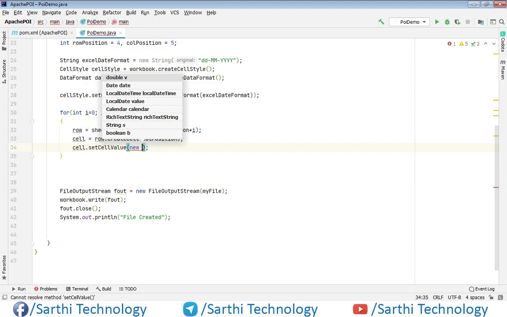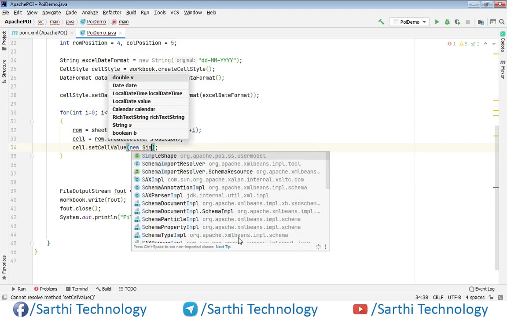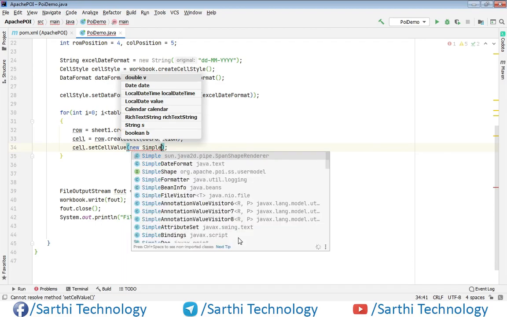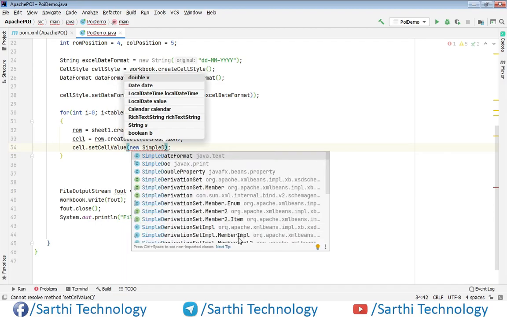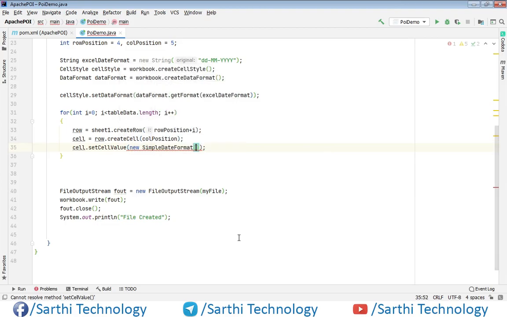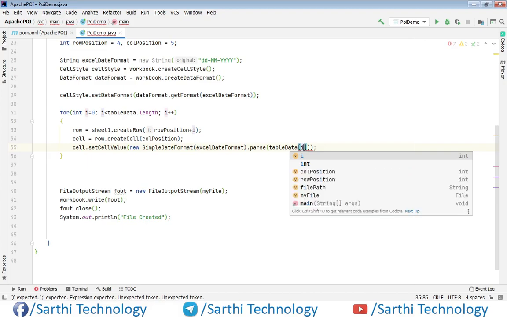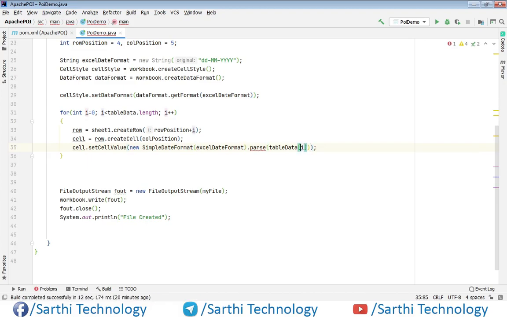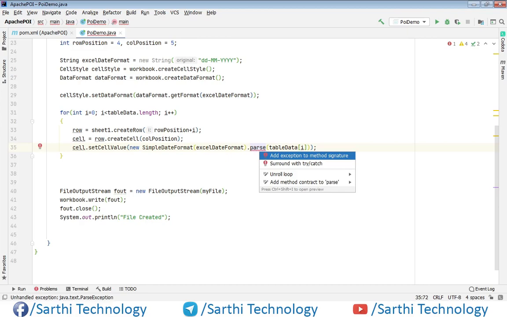So new simple date format, and here Excel date format dot parse table data, and the position will be I. Okay, here you can see a red line, so press alt enter and add exception to the method signature.